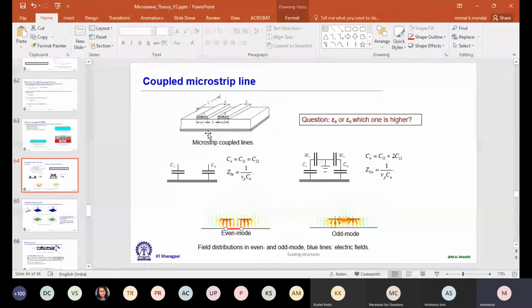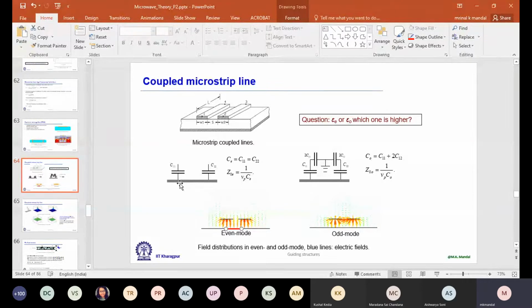Now last day one of you was asking about this capacitor representation. In transmission line form, in distributed form basically, we represent a lossless transmission line using lumped inductor and lumped capacitor. Inductors are in series, capacitors are in shunt. Now I am considering the cross section. In the even mode, we don't have any electric field coupling between these two. So this C11, C22 represents two microstrip lines, basically two lossless transmission lines. In the propagation direction, I'm not showing the L. I'm considering a cross-sectional plane.